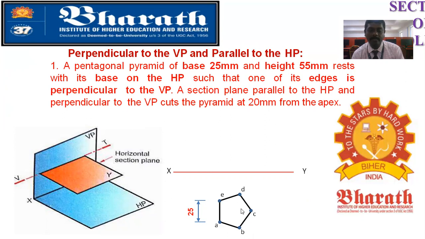To the center point of the pentagon, you can connect all the corner points. So you will be making connection of all corner points to the center, so that you will be having a formation of a pyramid. This point will be center point O. So you have completed the top view of a pentagonal pyramid.